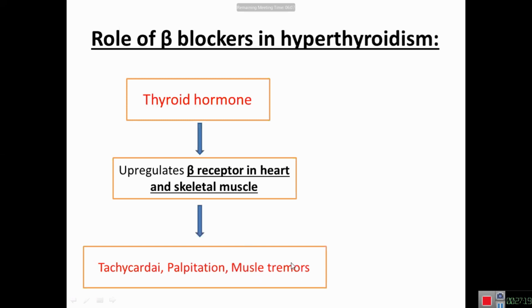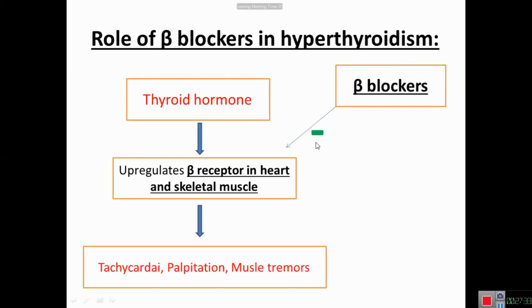So how are we going to control these effects? By using beta blockers. Beta blockers will inhibit the beta receptors, and we control the signs and symptoms by reducing the sensitivity of the heart and of skeletal muscles towards the catecholamines. There is a decrease in heart rate, palpitations, and muscle tremors by this mechanism of action. But additionally, these beta blockers